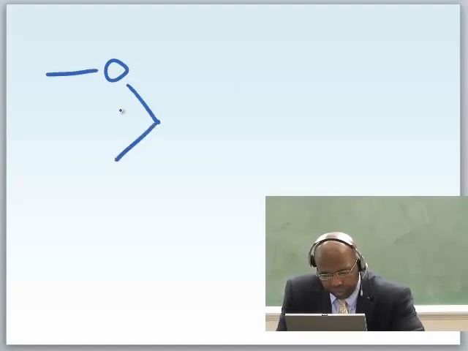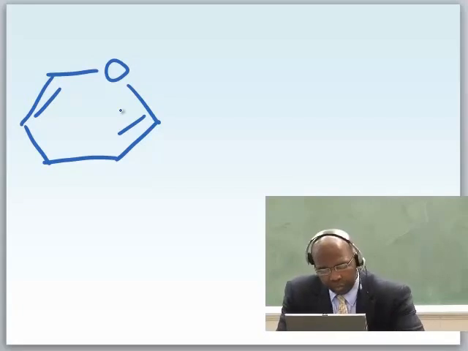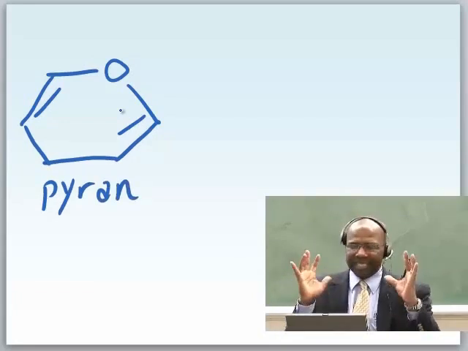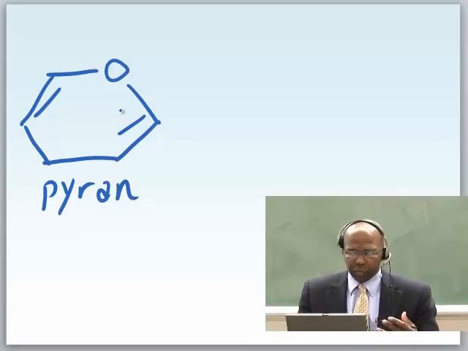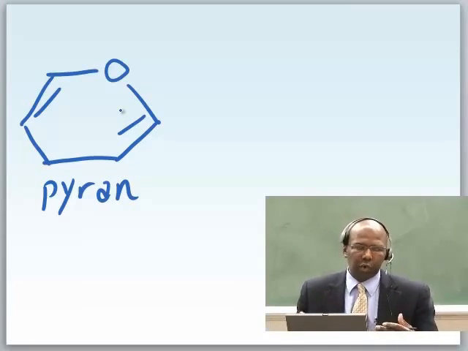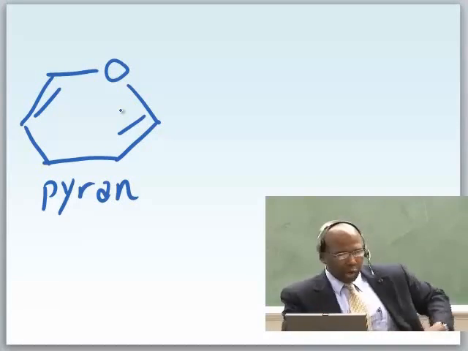This structure here, this molecule here is called pyran. So it's a six-membered ring with an oxygen. That's pyran. And the reason I have to show you this is because some carbohydrates can be drawn in a pyran form. They can look something like a pyran, and I'll show you that later. And some of our carbohydrates